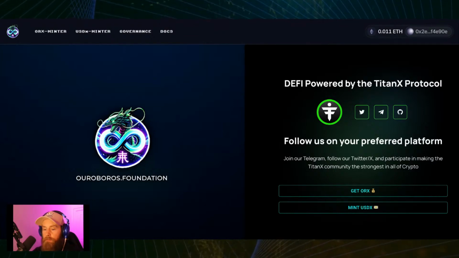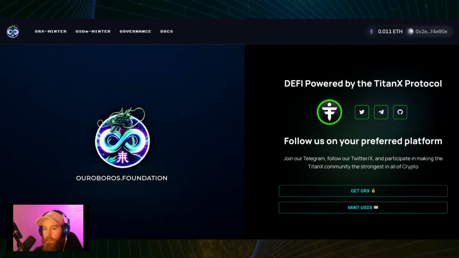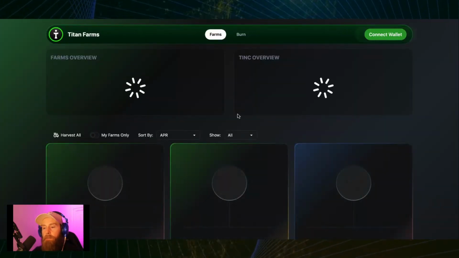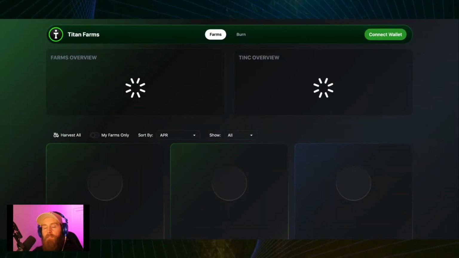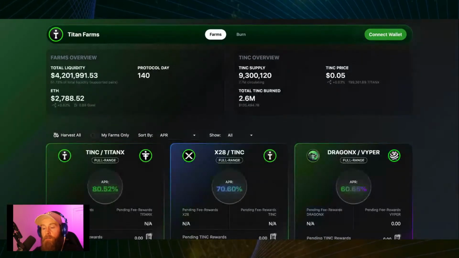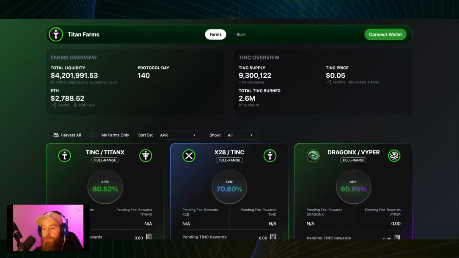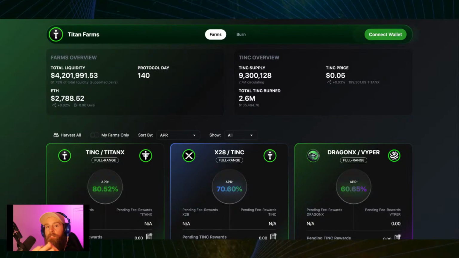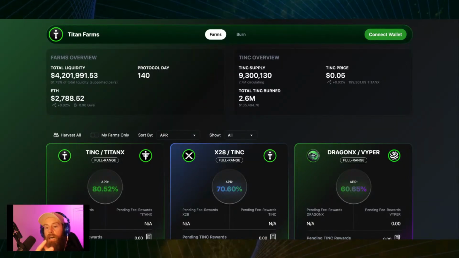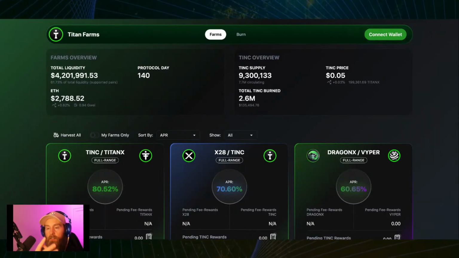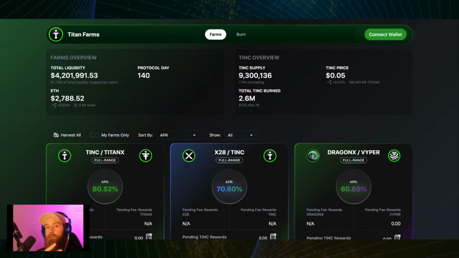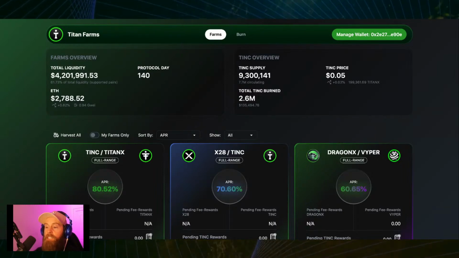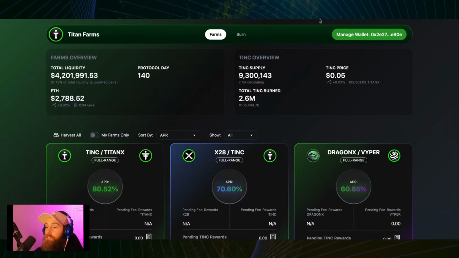Also, what if you did get a big bag, you wanted to stake, but you also wanted to do something else with it? Well, what if Titan Farms had a farm of Titan X to TORUS. So now you've got staking, creating, Titan Farms, and Ouroboros, where you could potentially utilize your TORUS tokens. 4 different ways to make income or passive income at whatever schedule you want. Pretty damn cool if you ask me. I think it's super bullish for the future.